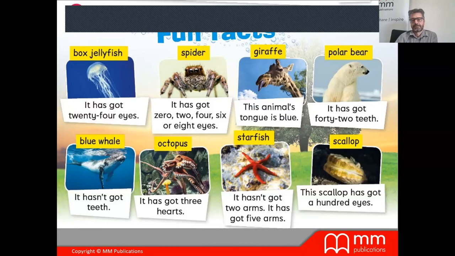And maybe some of these animals are ordinary and popular in your country, but others they have never seen before. I'm sure they must have seen a spider, but maybe they have never seen an octopus because of the lack of sea. Yeah? It has got 3 hearts. Lots of cities in Ukraine, they don't have sea. So maybe this octopus thing will attract their attention, and then they will know that, wow, it has got 3 hearts.